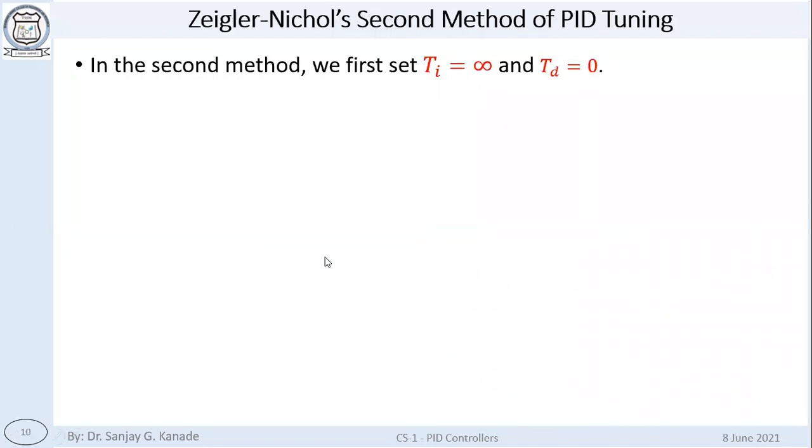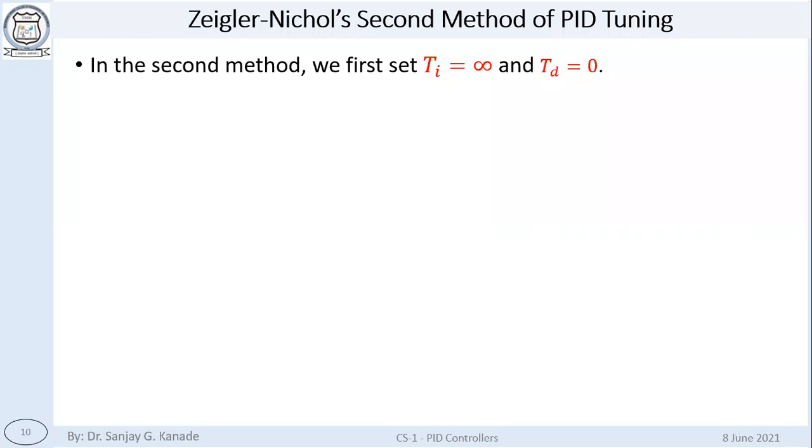So let's begin today's lecture. Just to recap, yesterday we saw the Ziegler-Nichols methods for PID tuning, both method 1 and method 2. The first method is called the open loop method, where we apply a step input to the system or the plant and observe the output. If the output is S-shaped, from that S shape we find two parameters L and T. And from those two parameters, we find the parameters of the PID controller, KP, KI, KD, or KP, TI, TD.